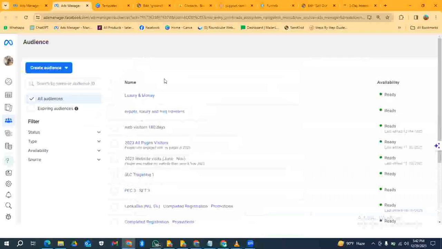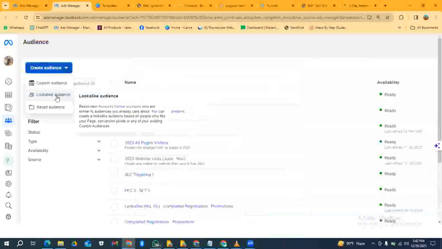Now, let's talk about how you could create lookalike audiences, right? A lookalike audience, like I said, is simply an expanded version of a custom audience. Now, one very, very important thing to note with lookalike audiences is that a lookalike audience is actually a cold audience. A lot of people mistake them for a warm audience. Lookalike audiences are not warm audiences. They are a cold